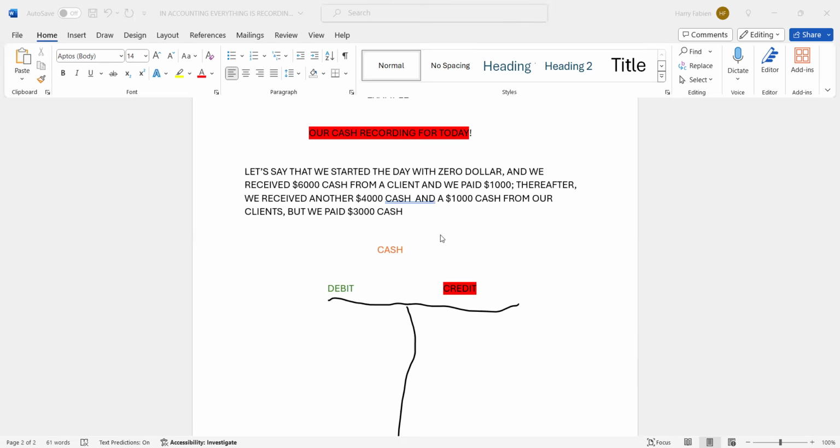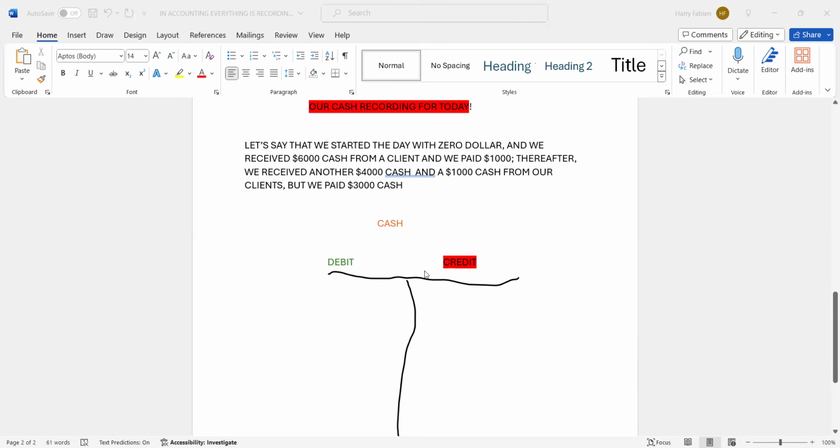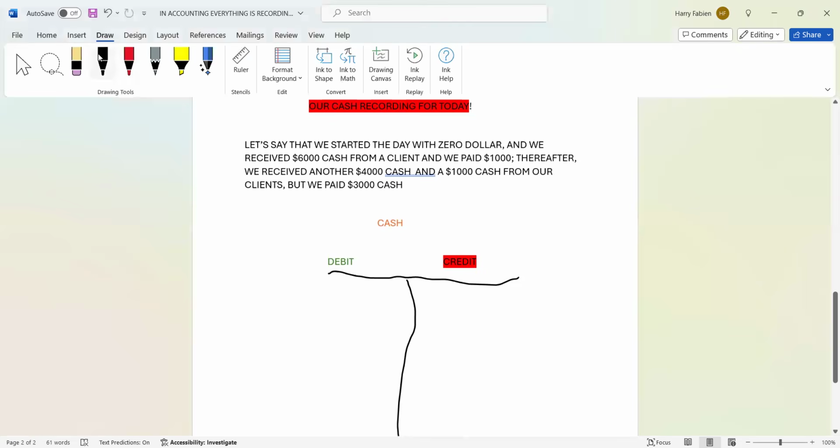Very simple. Because remember, I've told you, you report things, you record them. Now we're going to record them so we can report them. That's all we're going to do. So how are you going to report that cash? It's cash, so you're going to report it to the ledger. We call that a ledger, and then we're going to put it in the rules. Those rules are debit and credit. Let me see if I can write something for you. Remember, we call this one a ledger.